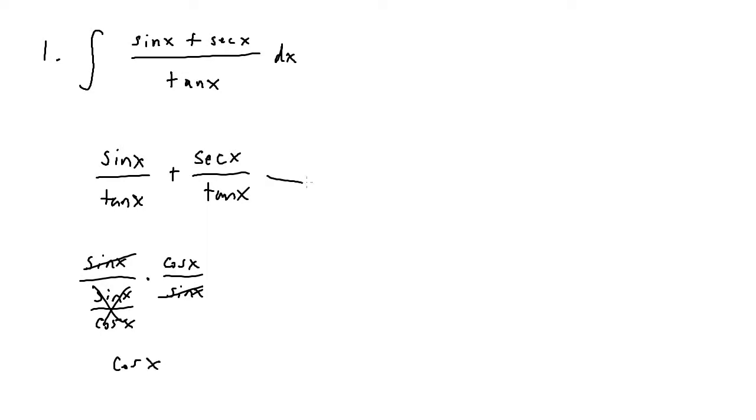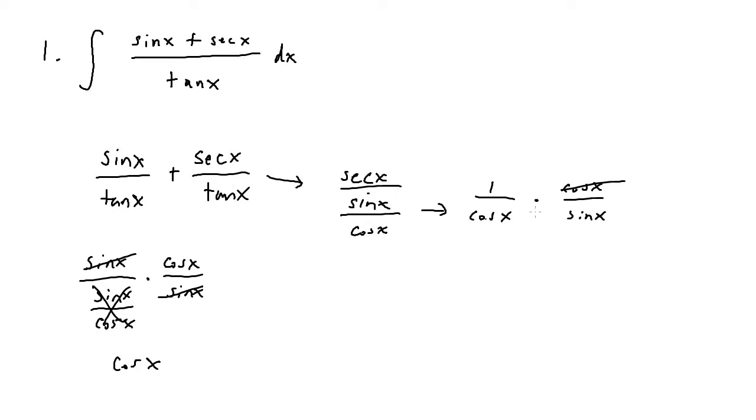And now for secant x over tangent x, once again I can rewrite it as secant x over sine x over cosine x. So then I can go ahead and multiply by the reciprocal, and I'll rewrite secant as 1 over cosine, since cosine is the reciprocal of secant. So we have 1 over cosine times the reciprocal of sine over cosine, which is going to be cosine x over sine x. Realize the cosine x's do cancel, and so we're left with 1 over sine x,